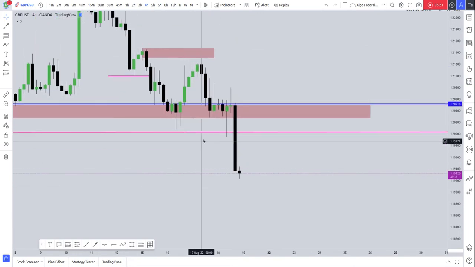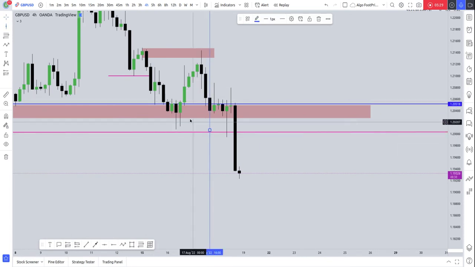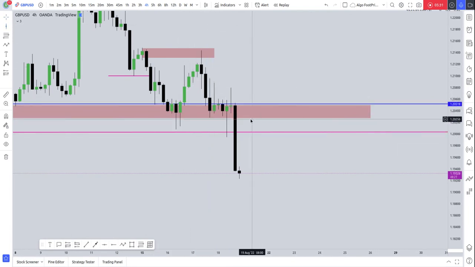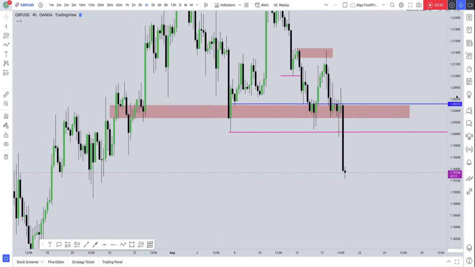We had this candle right here, this candle closing below the horizontal line, and we had several attempts, price trying to go up to close above the horizontal line on H4, price failed. Can you see it? Until today we had the bearish move. There is no candle on H4 that closed above this horizontal line, because